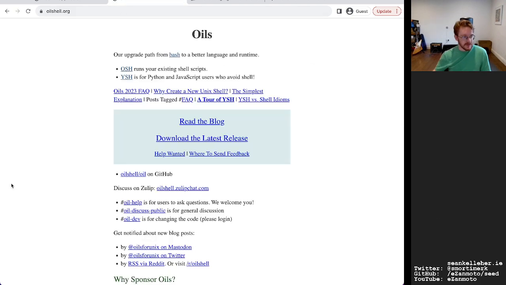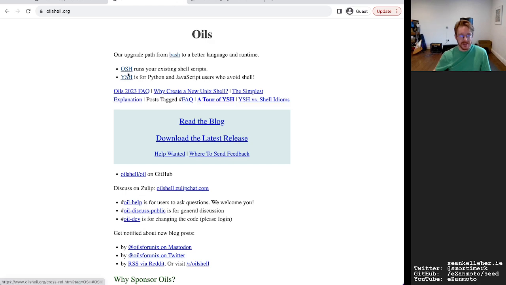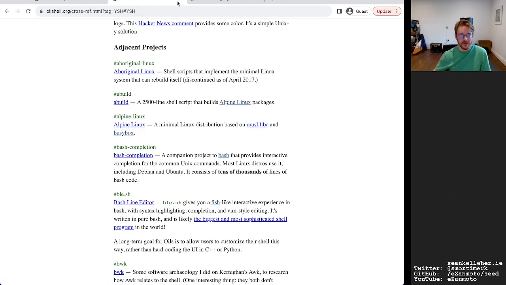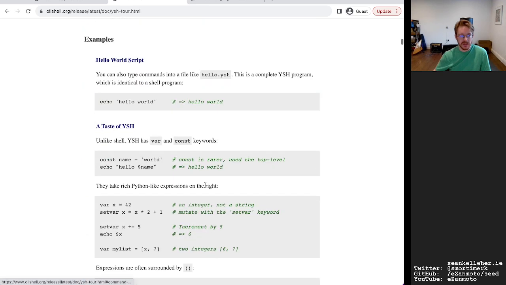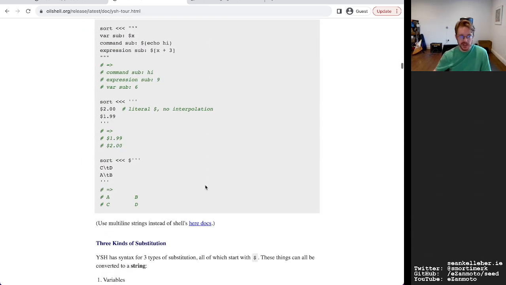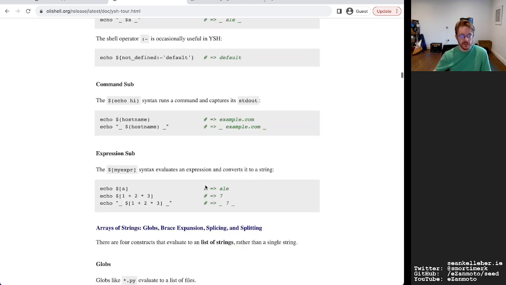Interesting. I'll close that. I've gone way over with regards to investigating other languages, but since we've come all this way, no, I'm not going to read all of that. Is there any quick tour of YSH? Let's see. Yeah, so it's very Bash looking. 3 kinds of substitution.